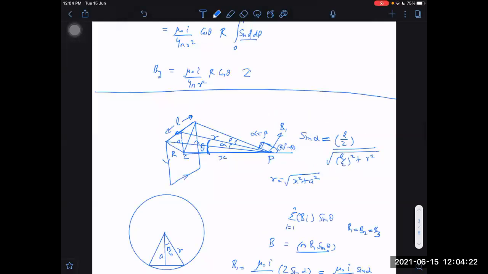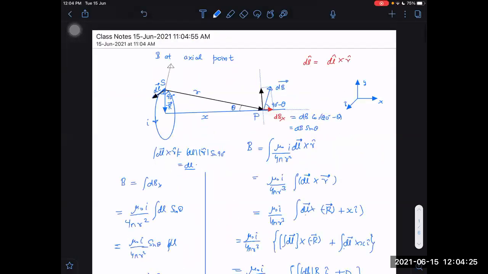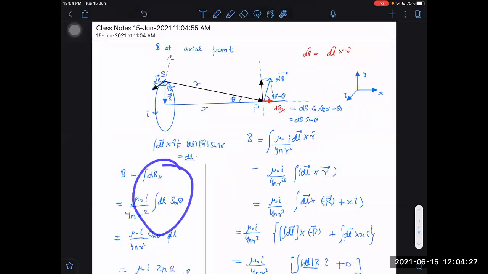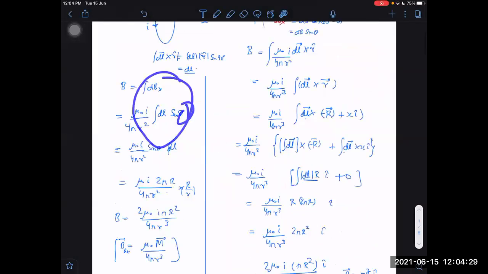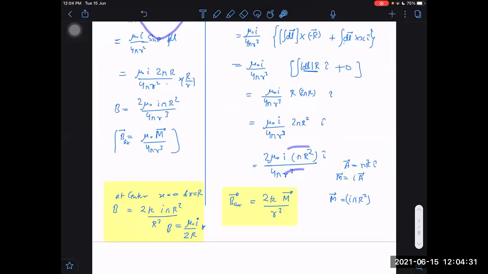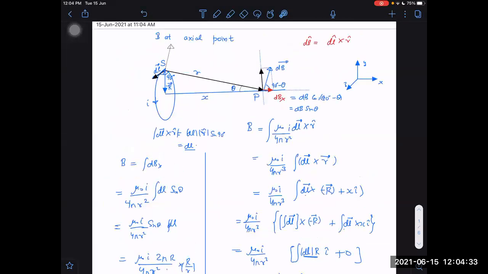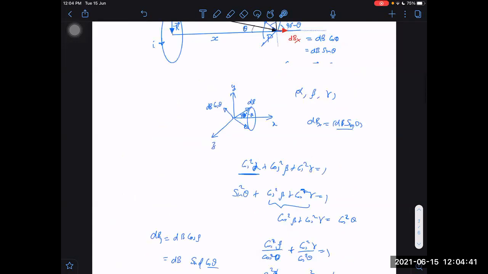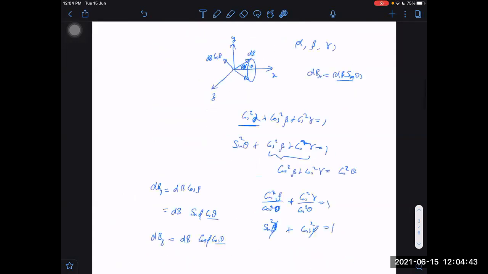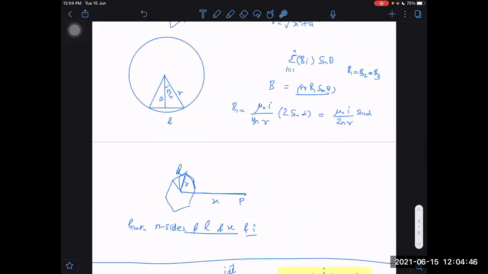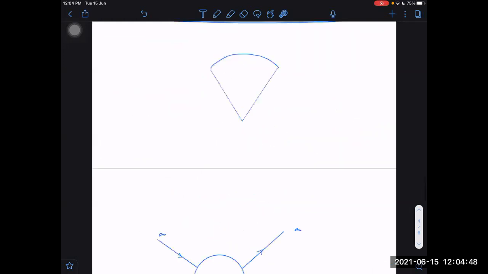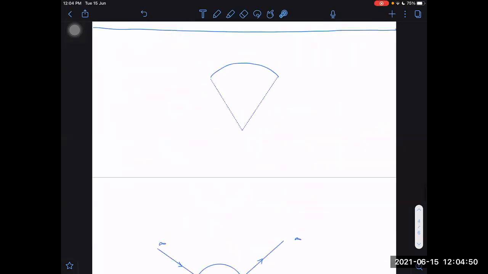For example, last time I told you, without vectors, if I do it magnitude-wise, it is a very simple method, just a one-step answer. The vector method was somewhat complicated, but it has an advantage. With the vector method, I can do the cases in which this method will not be applicable or will become complicated. I gave you an example: for a semicircle it became too complicated, but the vector method helped us there. So it depends on the situation. We should be familiar with all the methods.